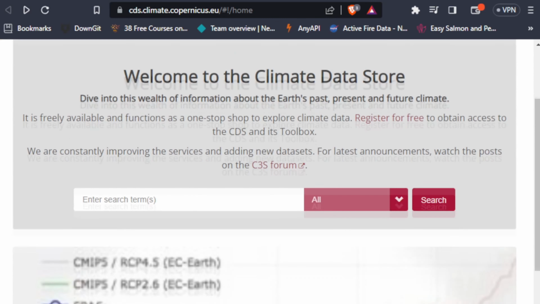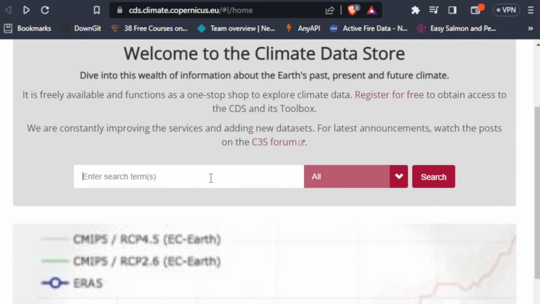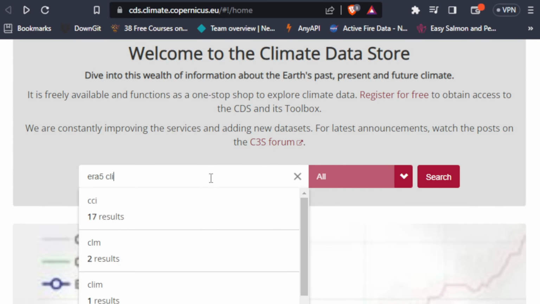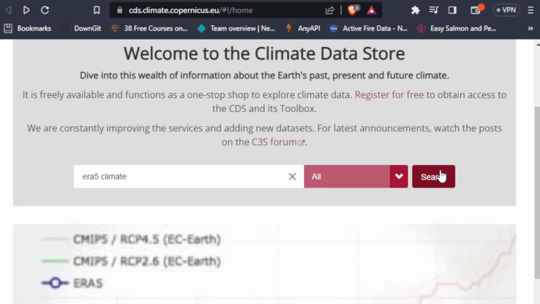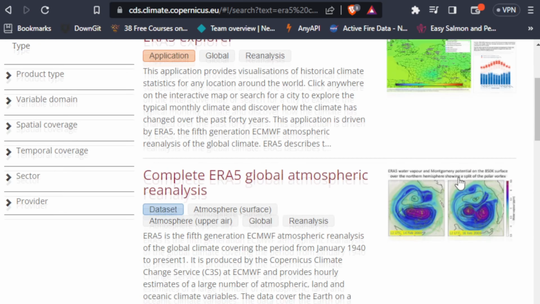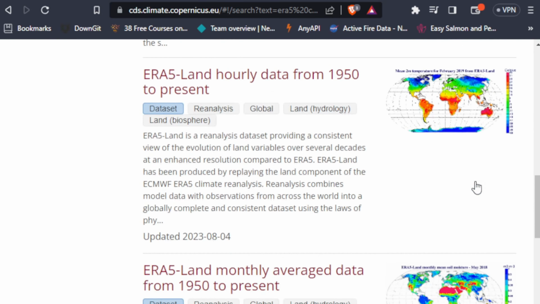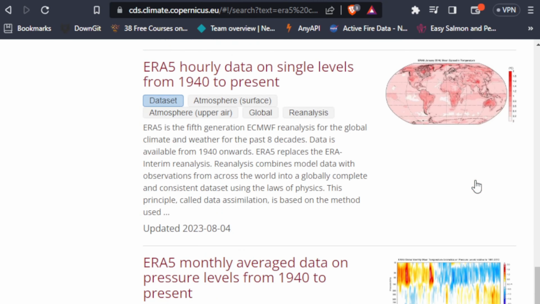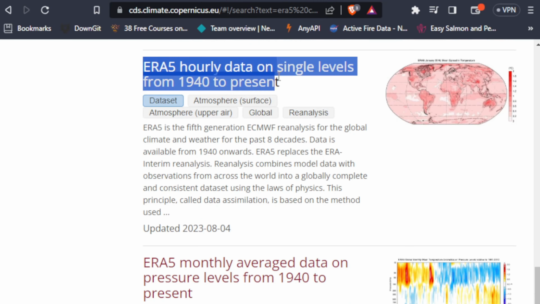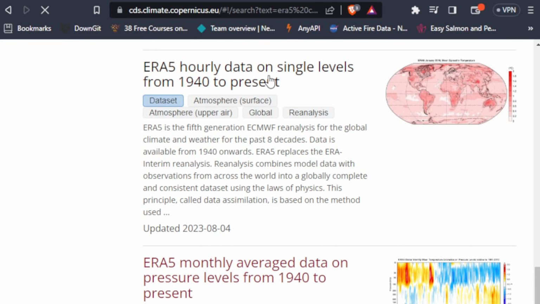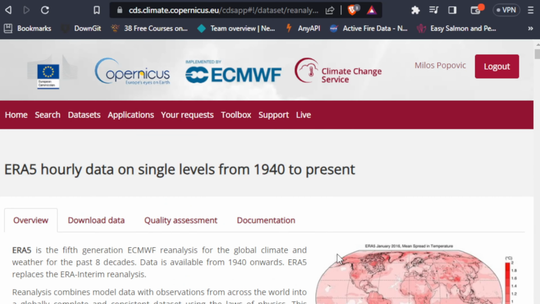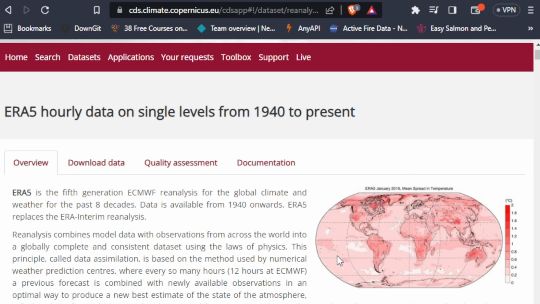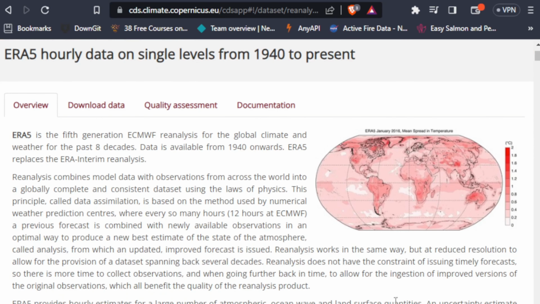If you scroll down, there is this box where you can search the data sets, and we're going to search for ERA5 climate, and just click on the search button, which is going to open a lot of results. But we need only one, which is called ERA5 hourly data on single levels from 1940 to present. So you just click here, and this will take you to the description of this dataset,